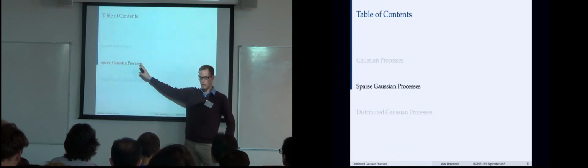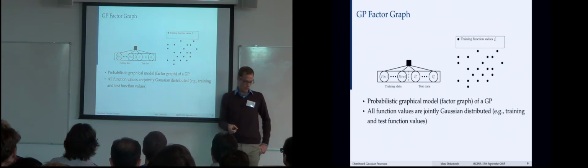So there are 2 approaches, I think actually orthogonal approaches. I'm going to discuss a bit how to scale this, or how to push this limit of 10,000 data points a bit further. So in sparse Gaussian processes,